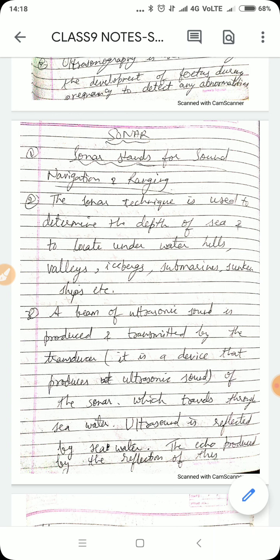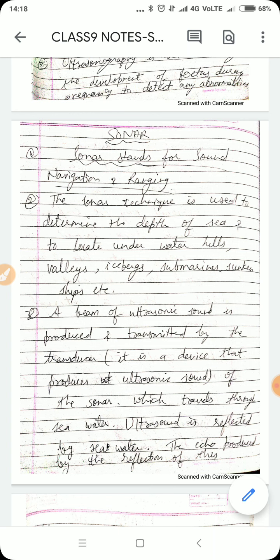How it works, let me tell you: a beam of ultrasonic sound is produced and transmitted by the transducer. Okay, see, there is a transmitter and a transducer. Ultrasonic waves are transmitted through the transducer. What is a transducer? It is the device that produces ultrasonic sound. Okay, and then